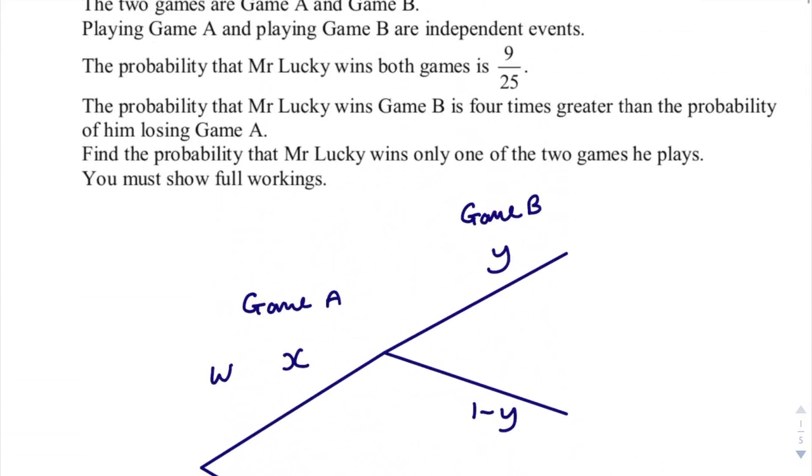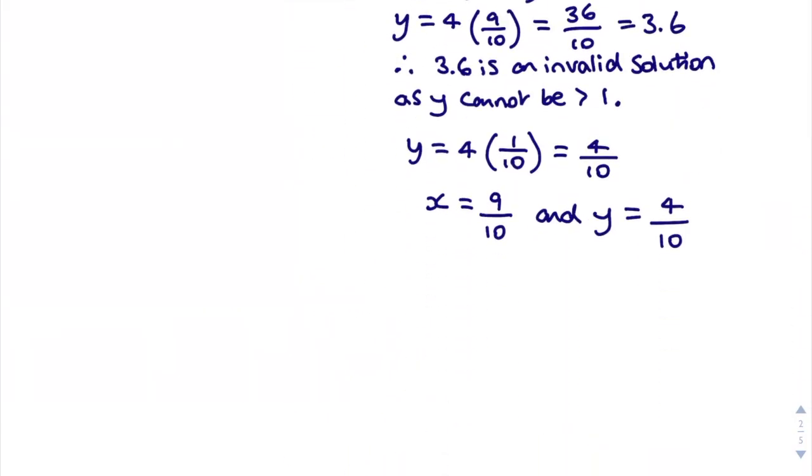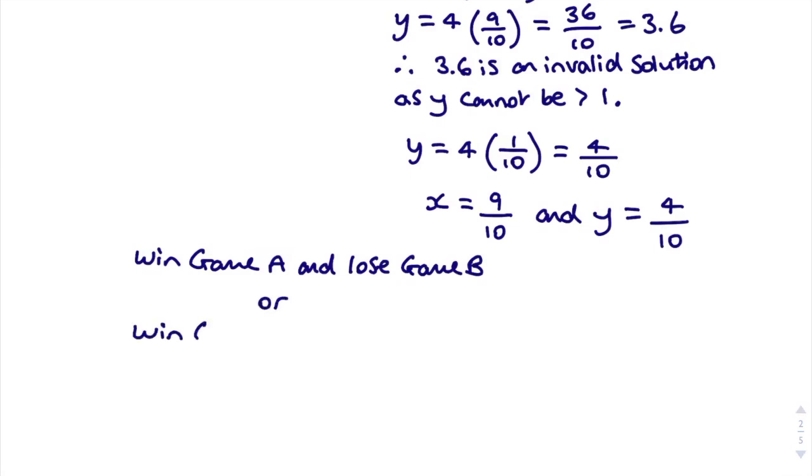Now, because we've got values for x and y now, we can now work out the question. And remember, the question said, find the probability that Mr. Lucky wins only one of the 2 games he plays. So if he wins only one of the 2 games he plays, that means he could win game A and lose game B, or he could win game B and lose